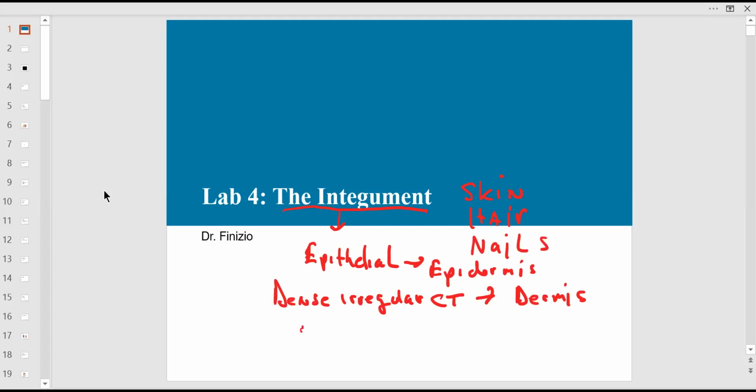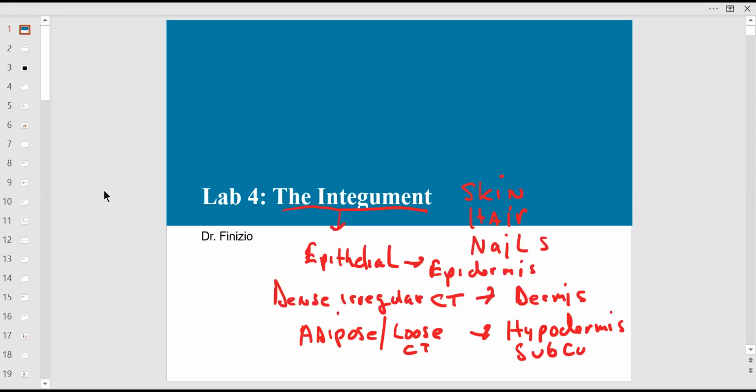Then you have adipose, as just an example, which is loose CT, and that's the hypodermis. Hypodermis is also known as the subcutaneous. Cutaneous means skin, or simply said, sub-Q. So it's mostly adipose. Within there you have nerve tissue,